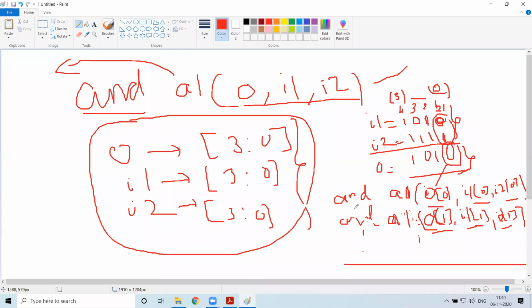Now, can this be avoided? Writing this same thing 4 times, can this be avoided? What we can do is avoid writing it 4 times by just using one instruction. So how do we go ahead? What we do is we write, and how many bits? There are 4 bits in this case.